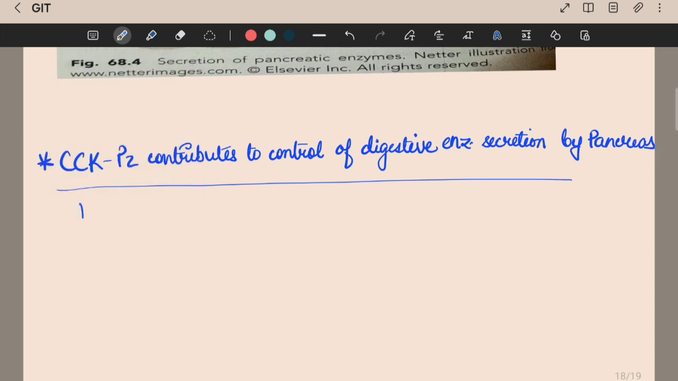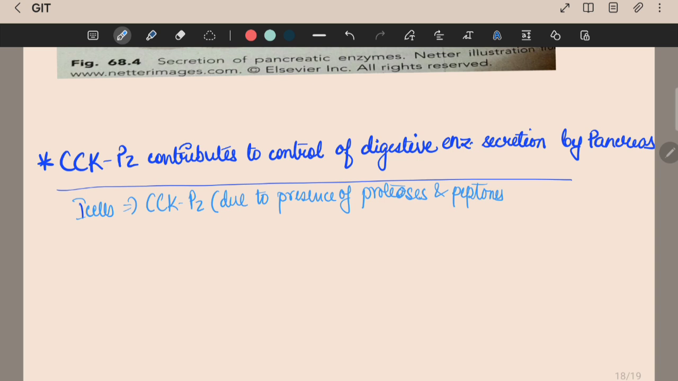So when there is food in the upper small intestine, another hormone, that is cholecystokinin, is released from a group of cells. So I cells, from the I cells there is release of CCK. Okay, this release of CCK results especially from the presence of proteases and peptones, which are basically products of the partially digested proteins, and also certain long chain fatty acids